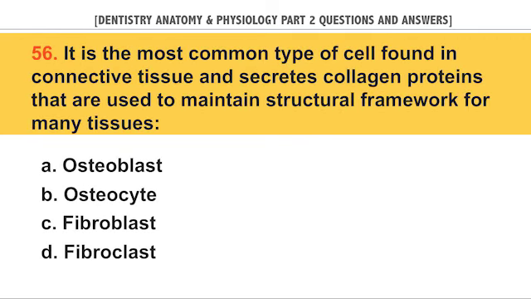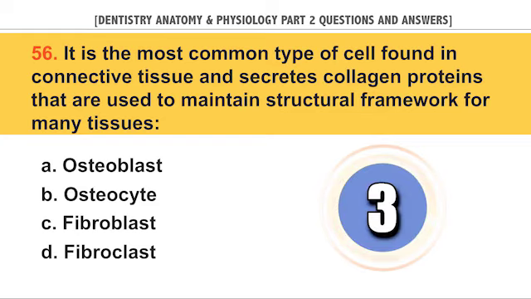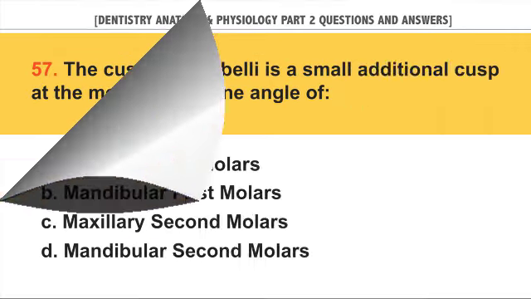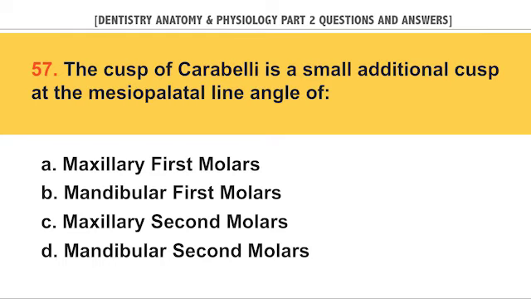It is the most common type of cell found in connective tissue and secretes collagen proteins that are used to maintain a structural framework for many tissues. A. Osteoblast, B. Osteocyte, C. Fibroblast, D. Fibroclast. Answer C. Fibroblast. The cusp of Carabelli is a small additional cusp at the mesopalatal line angle of: